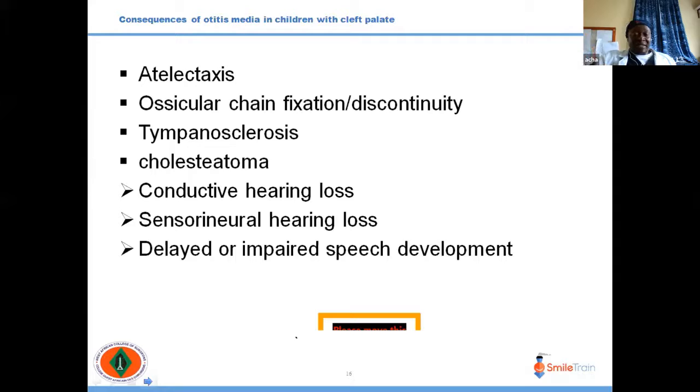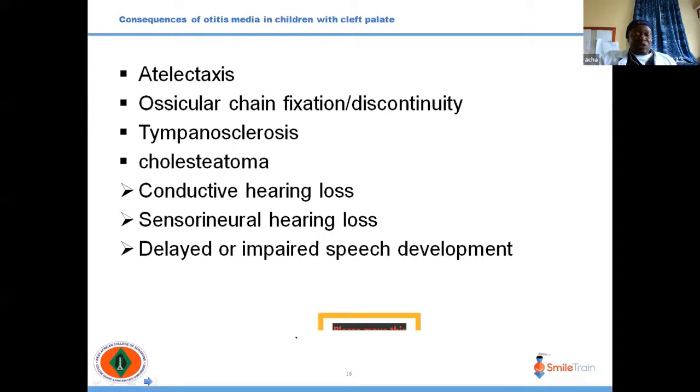And we also know that if this child is not hearing well, when the child goes to school, the performance will not be good. And that means that if the child cannot have adequate, good education, then the prospect for that child growing up and fulfilling all his potential is greatly reduced. So that is why it is very important for us to take this seriously.